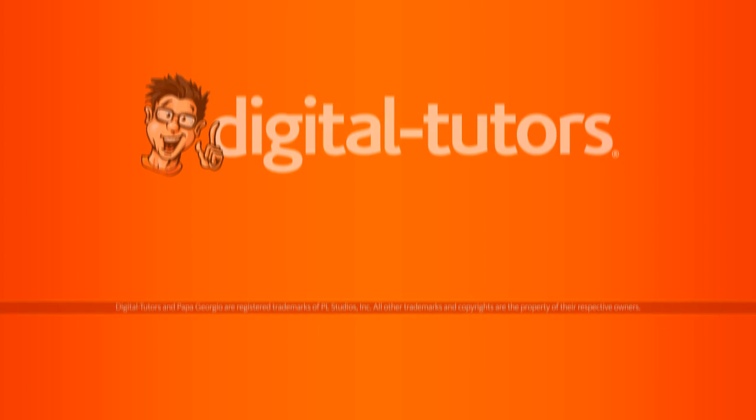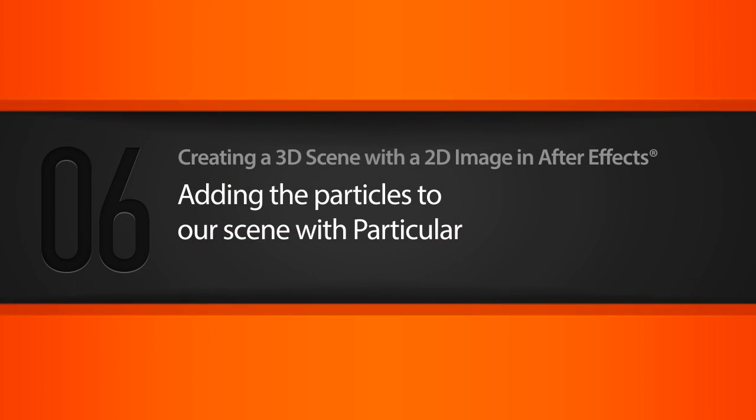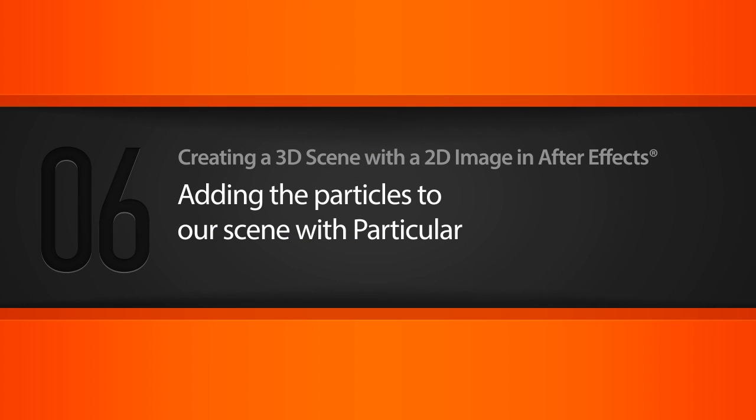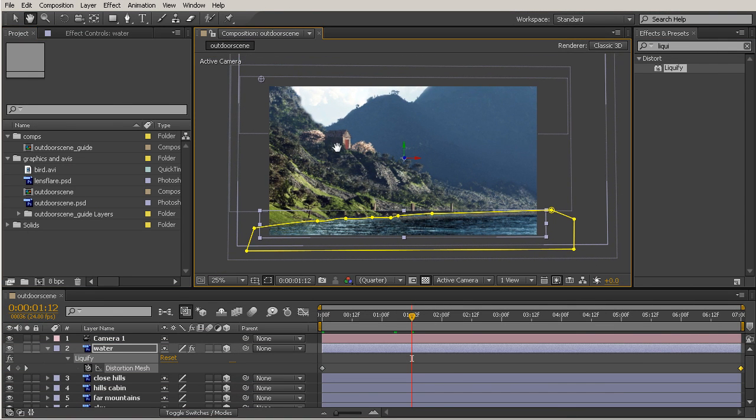In this lesson, we will use Particular to create particles for our scene. Okay, so we're right here where we left off, and I want to add some particles now to my scene